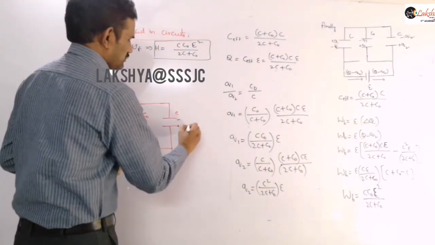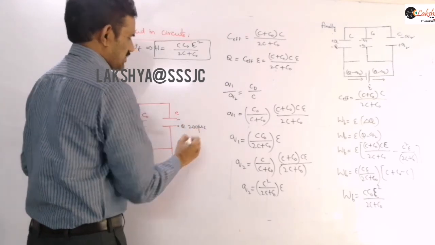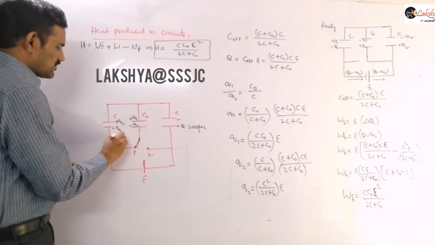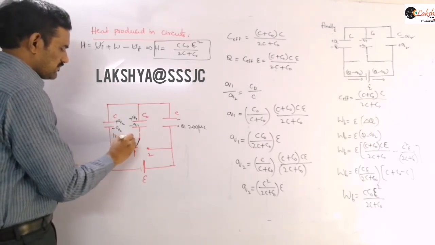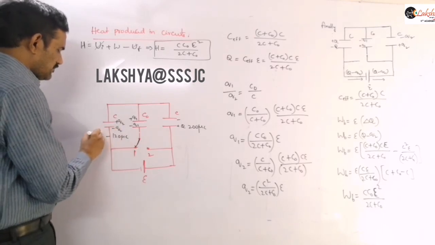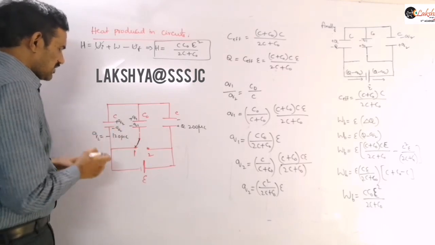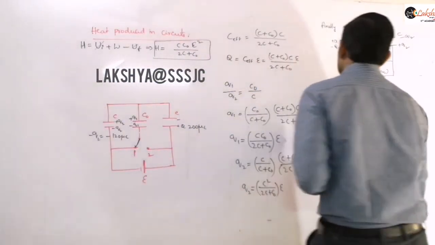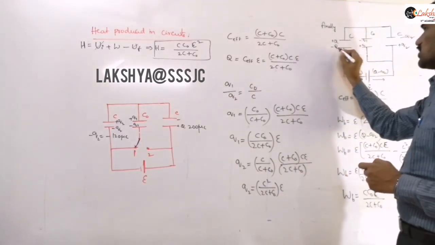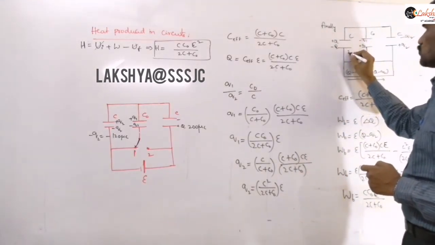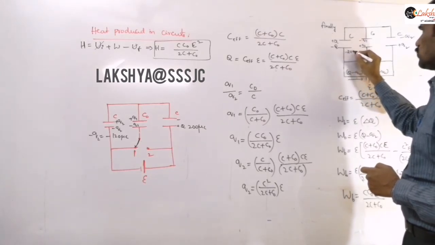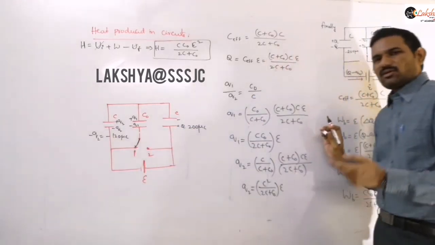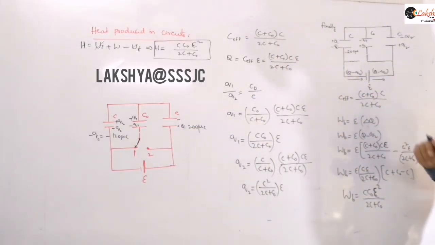Let us take some 200 microcoulombs, this capital Q value. And this value I am taking as 120 microcoulombs, right? This is the minus Q2 value, I am taking minus 120. Now once the switch is shifted like this, the charge on this plate is becoming minus 200 microcoulombs. Initially the charge on this is 120 only, finally now it is becoming 200.